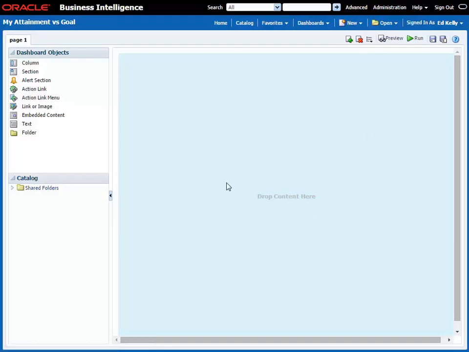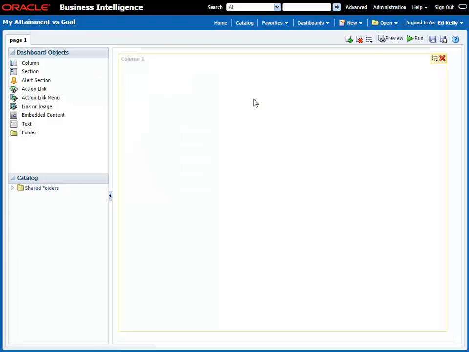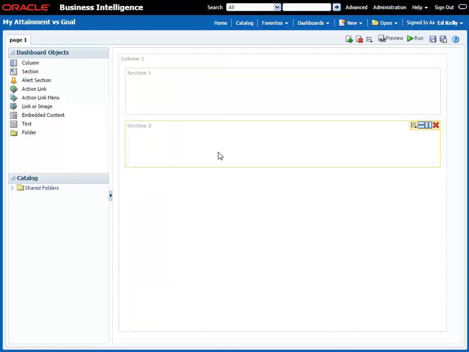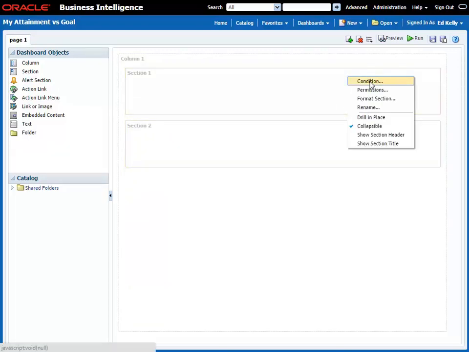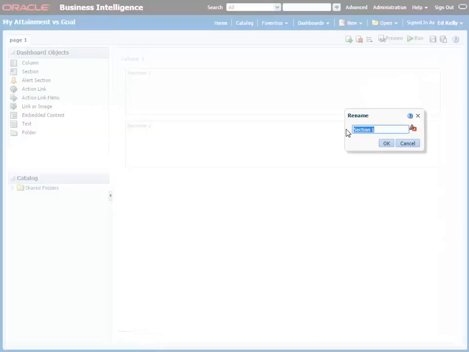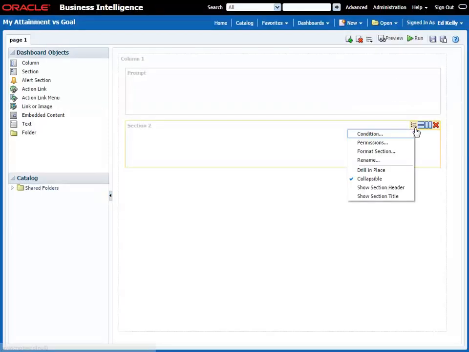All right, so it's going to open up the dashboard editor. The first thing I'm going to want to do is add a column. So I'll add that. And then I'm going to want to add 2 sections. I'm going to add one here, and I'm going to add one below it. So here I'm going to say rename, and I'm going to rename this prompt. And then this one I'm going to rename